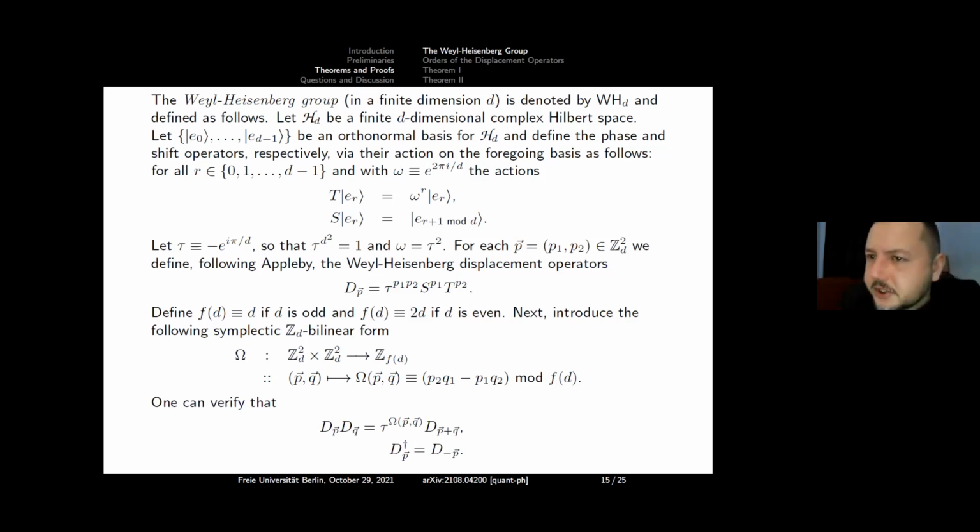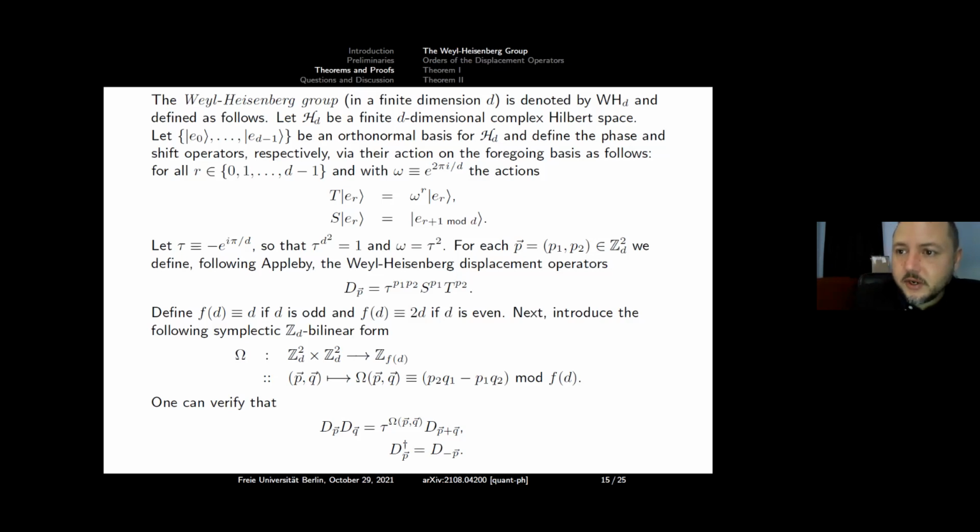So here's how the group operations work. Okay, so it's like Z_D squared projectively, but the phases are crucial. If you multiply any of the displacement operators, you get another one up to a phase. And the dagger works as you would like it. And those are the Weyl-Heisenberg displacement operators. There are d squared of them, and they're linearly independent. Okay, so they're like the Paulis, except they're not self-adjoint anymore. That's what you lose when you generalize above dimension 2.